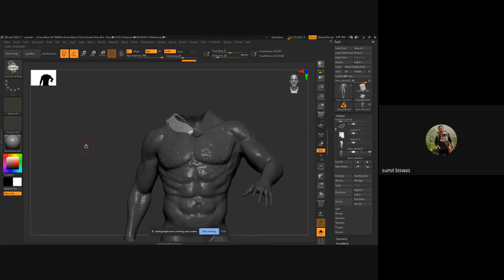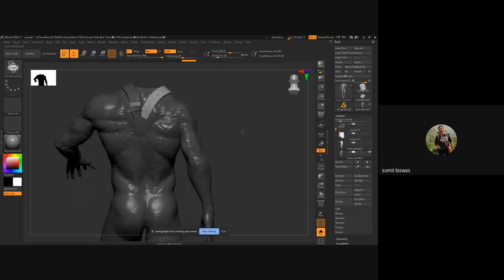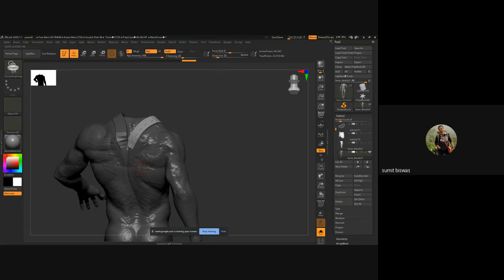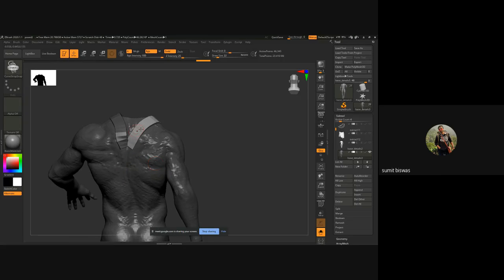I want to modify my character and add some details because I have added those wings. So to incorporate those wings, I need to develop that anatomy, that structure, because this is a human character. If I have to add a wing or something, I need to set a base for that as well. So I need to add some support, some other element just to go with those wings